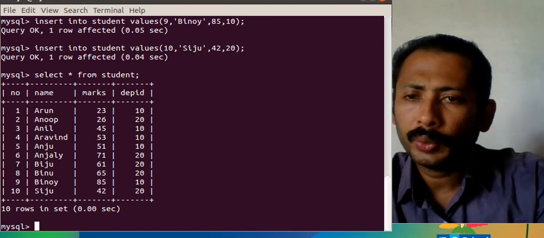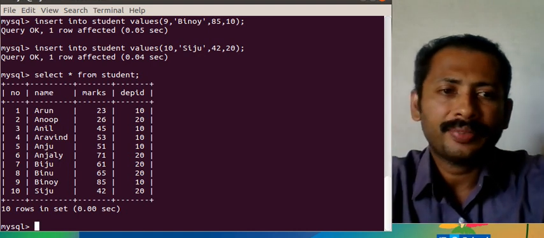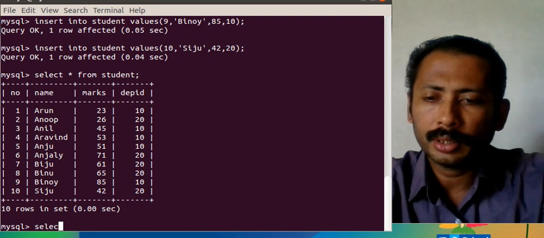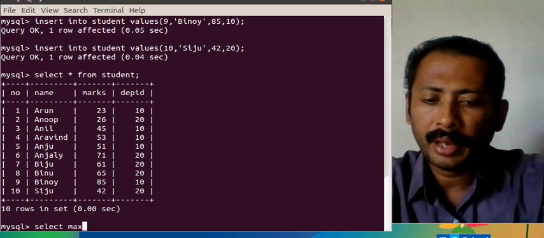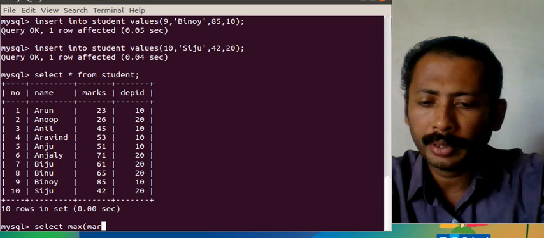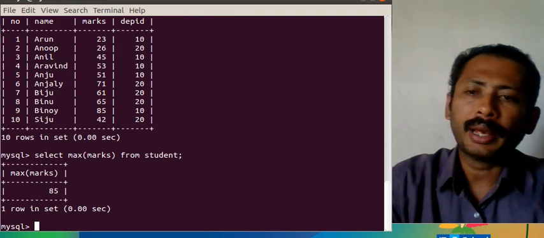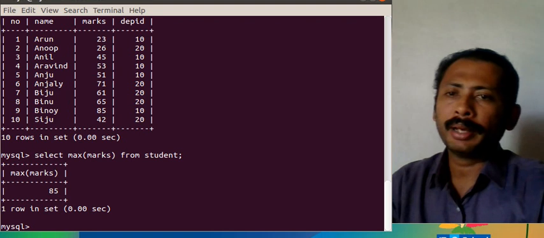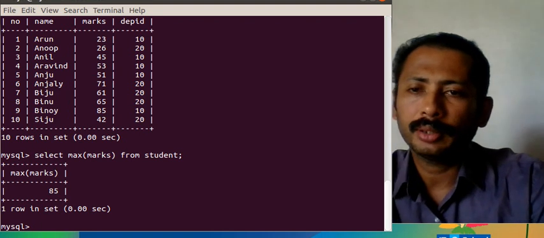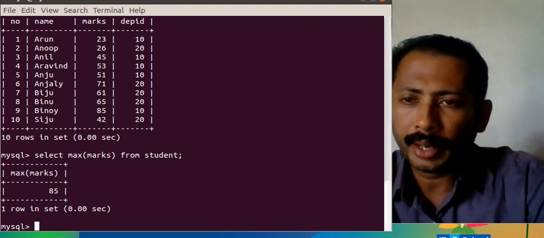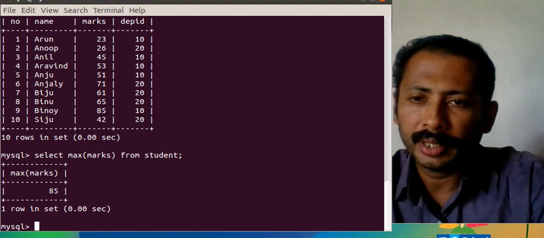And now I would like to use the aggregate functions. So I am using select max of marks from student. We will be getting the maximum marks from student. That is, Binoy has the maximum marks, so it is 85.